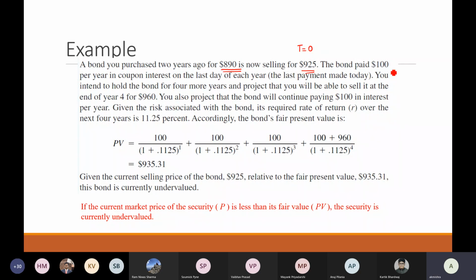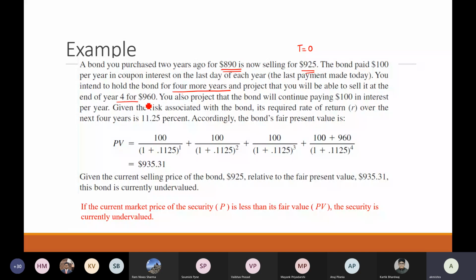The bond paid $100 per year in coupon interest on the last day of each year. You intend to hold the bond for 4 more years. Remember, for 4 more years,